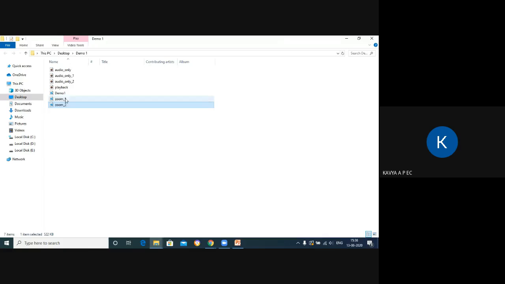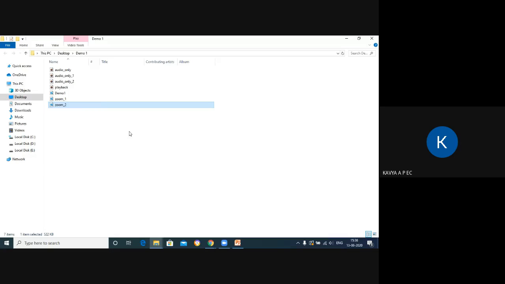If you want to create 3 topics, you can easily do it using Zoom. The only thing is that you should have the internet connection. And these videos, you can share through a WhatsApp group, or Google Classroom, which Kavishri ma'am showed yesterday. It's the best platform to share your videos. Everything will be there in Google Classroom. So whenever the students want, they can access it through Google Classroom and watch the videos.